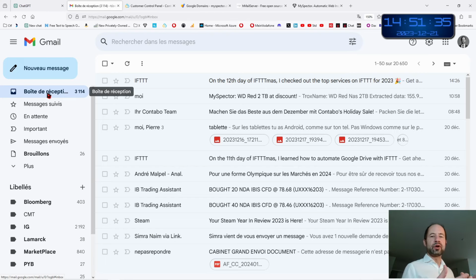From the MySpector point of view, this is an inbound email, which does not need any specific configuration in terms of security except the encryption. And as a customer, I have an account, I am connected to the POP server, which the hMailServer is managing with the POP protocol, and this is an email that I have received.